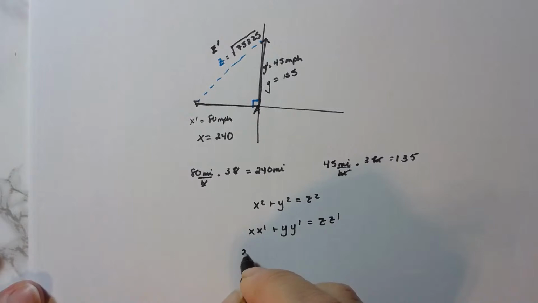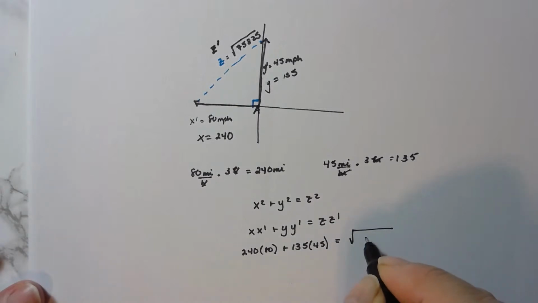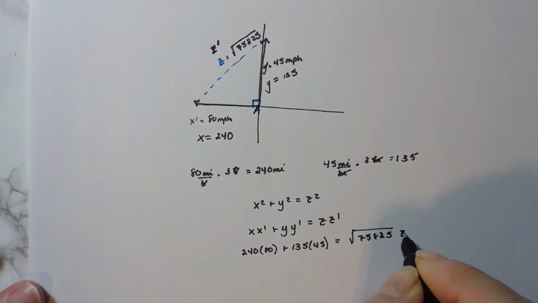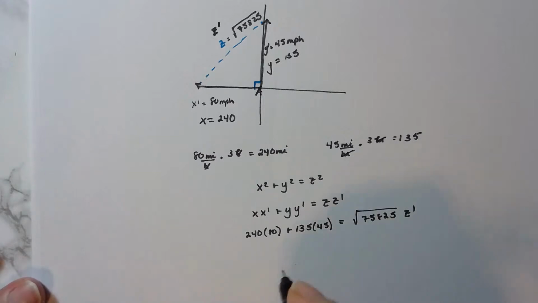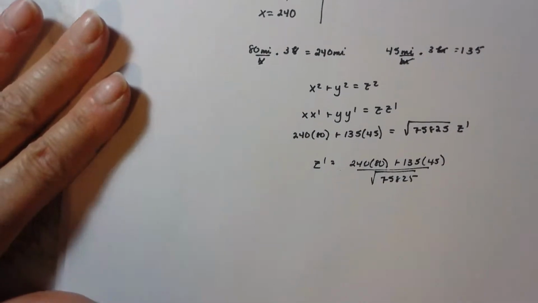So that's going to give me 240 times 80 plus 135 times 45 is equal to the square root of 75825 times z prime. So z prime is equal to 240 times 80 plus 135 times 45 all over the square root of 75825. And if I put that into my calculator,